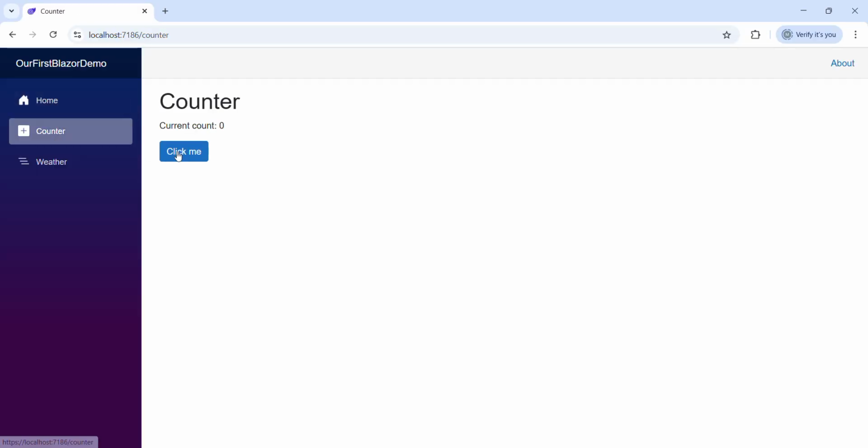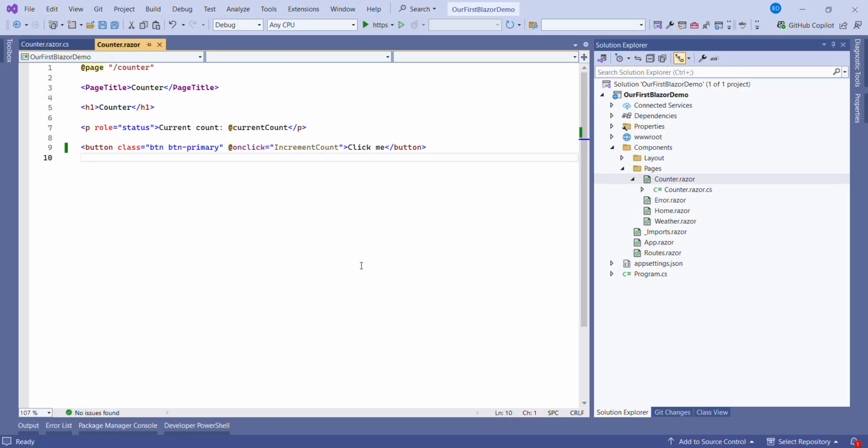Yeah, so you can see it is working the same as it was working earlier. Be clear about this structure: first will be the routing path of your Razor component. Afterwards there will be HTML syntax in between. If you want to implement CSS, you are able to implement that with the Razor